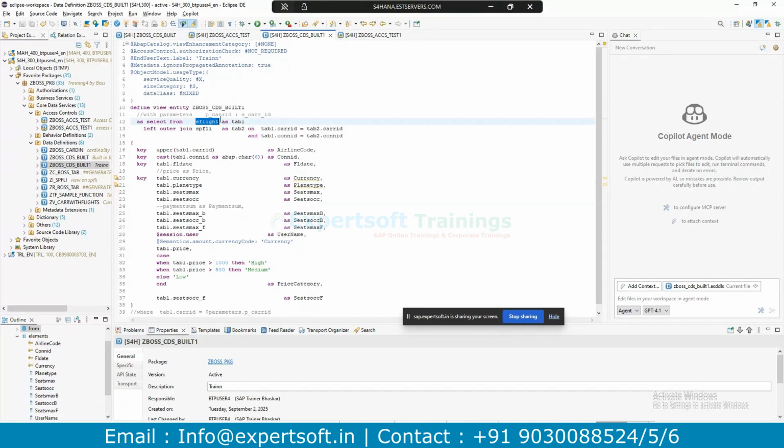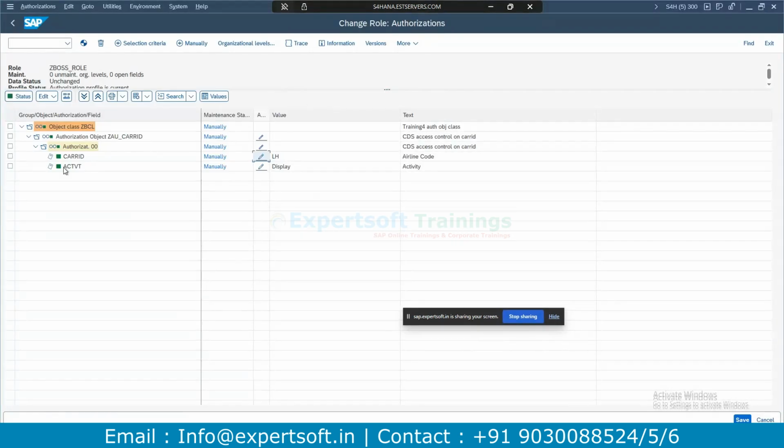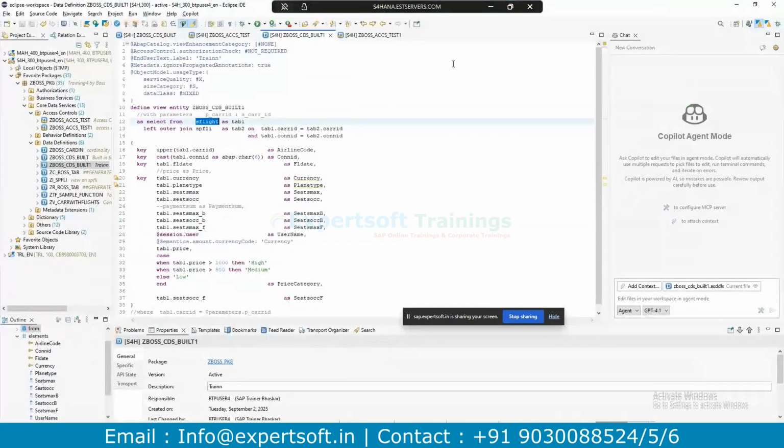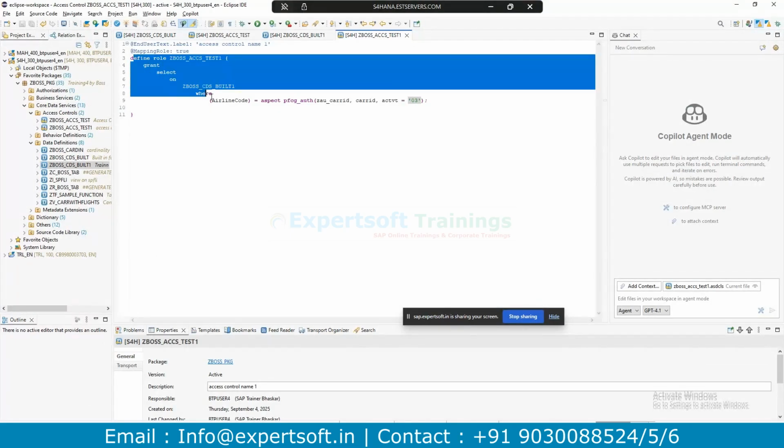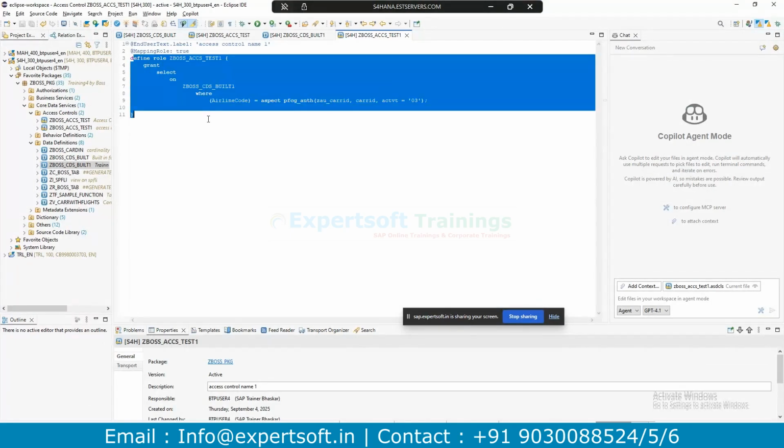Let's check what data is actually available. You can deactivate also. As a developer, you only need to know how to write this syntax, that's it.